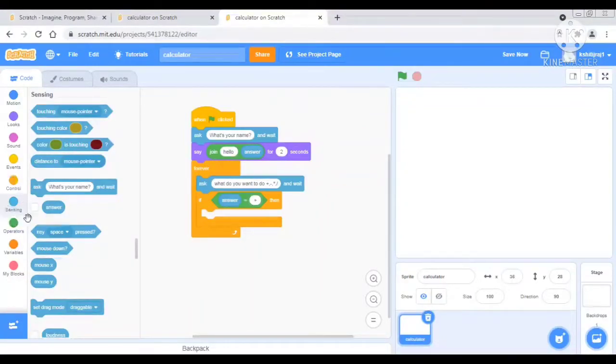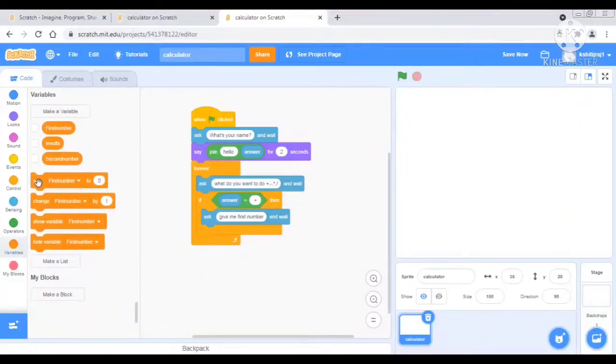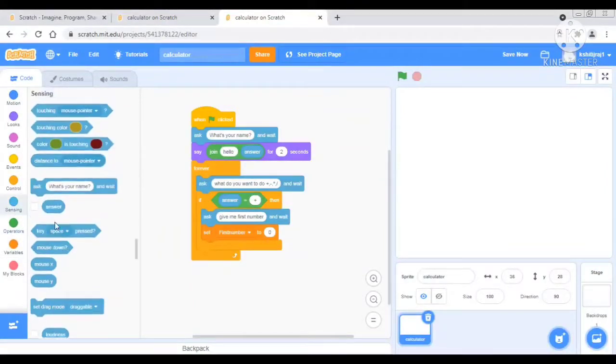Then we will ask, give me first number. And wait. After that we will go to variables, then we will say set first number to the answer of it.